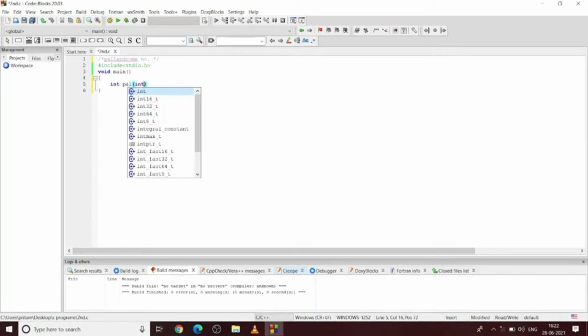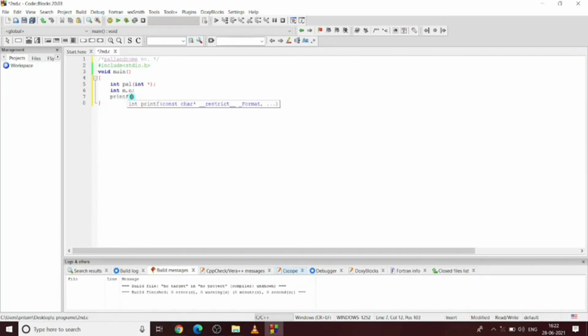We can also write pal1, pal2, just like a variable name. I'm going to enter the numbers. Enter the number. We have declared two integers because I'm going to copy the first one into the other and then perform the operations on the second one and then compare it again.